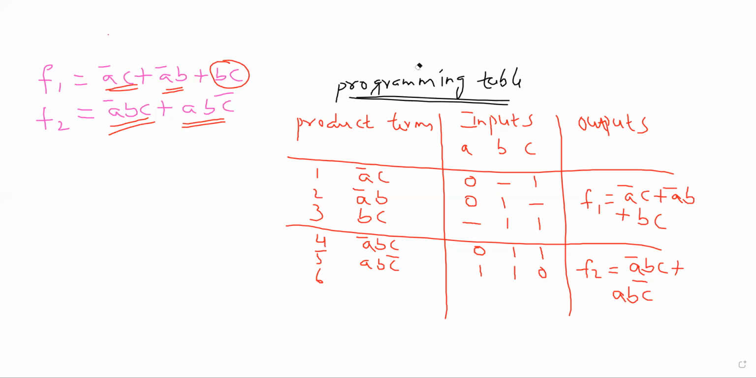Now there is no sixth product term here, therefore you have to leave this and write unused one like this. In this way you have to fill the programming table. Now based on the programming table we can draw its structure. Since I am having 3 inputs, I can draw